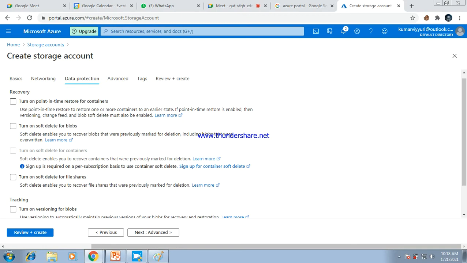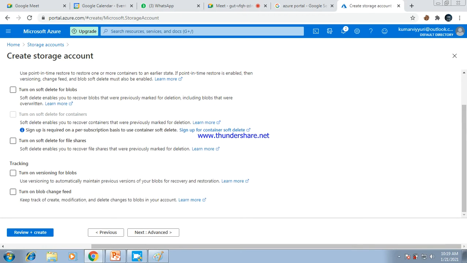Which service do you want to use to protect the data? For example, if you have a new version and you want to delete the older version, when the new version is updated, there is an option here for deleting the older version. Then you want to track your blobs; you can also track your blobs, that is also possible here. So we can use the tracking. Turn on versioning for the blobs. I will turn on versioning for the blobs.